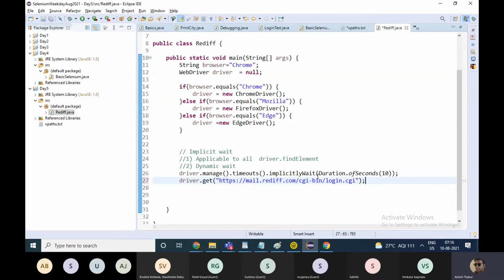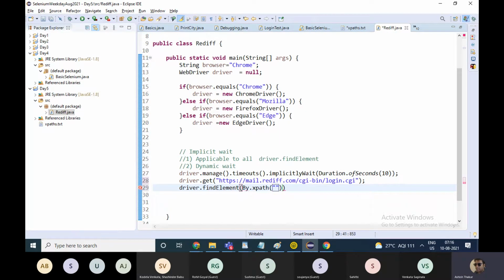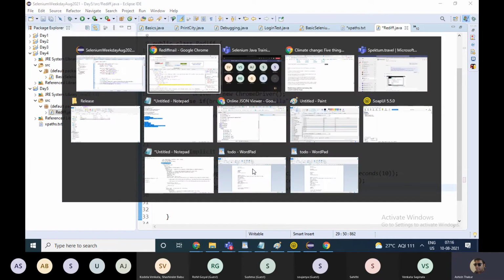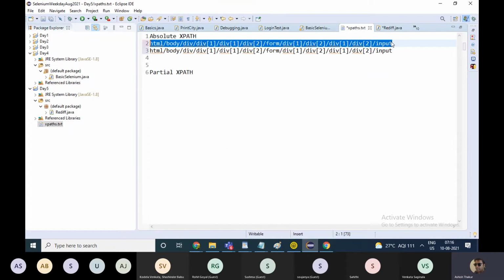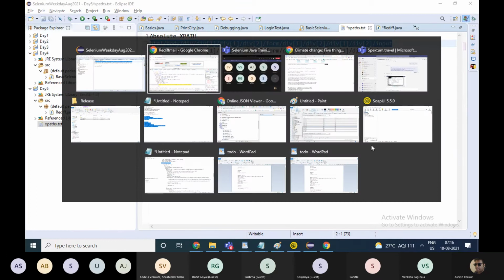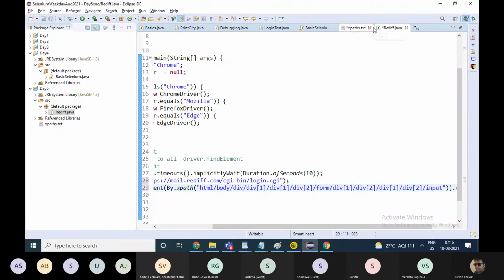After going to this URL, you can write driver dot find element by the XPath, and you can give this full XPath which we just learned how to derive. Take this full XPath and paste it.